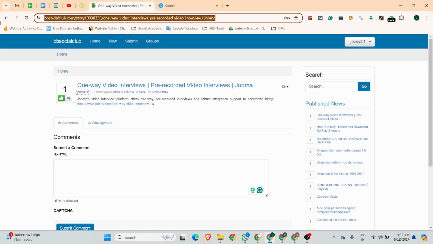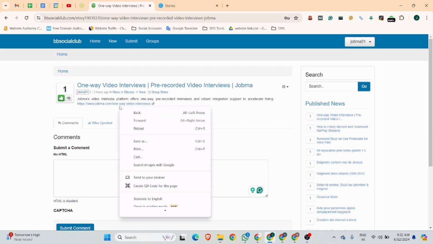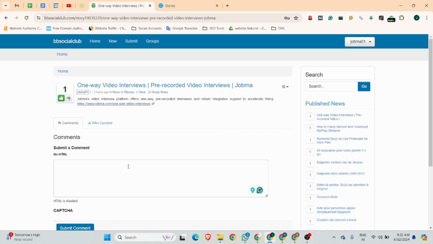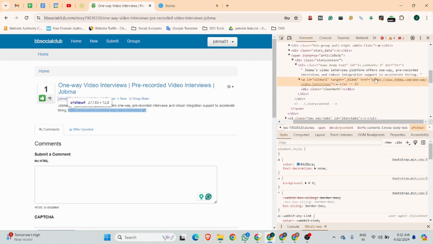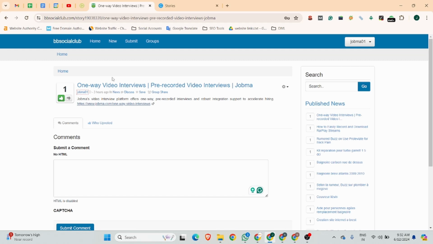And you can see this is your social bookmarking landing page URL, and this is your social bookmarking, and I can show you this is a Dofollow backlink. You can see it's 100% Dofollow backlink. There is no indication of nofollow or noreferrer. So yes, it is a high quality Dofollow social bookmarking backlink. Now we can move forward to the next website. The next website name is